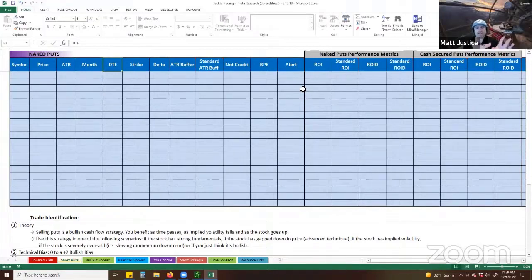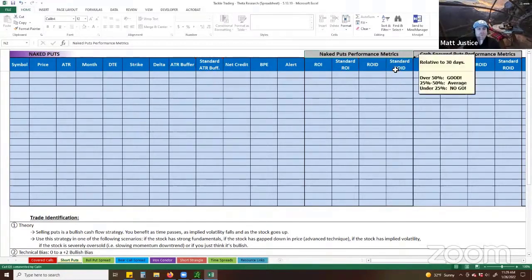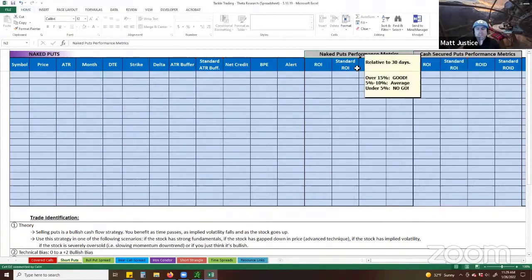And once you fill out the data here, all of a sudden the performance metrics will be filled out as well, and you'll be able to cross compare all these different theta type trades so that you can pick the ones you feel are the best. Now, in the performance metrics, and we'll talk about this after Tyler fills out FCX,